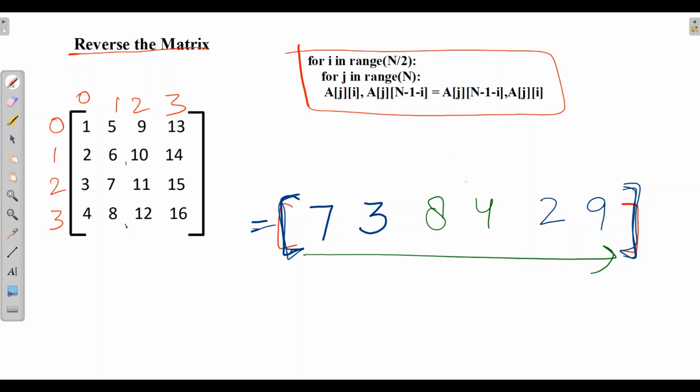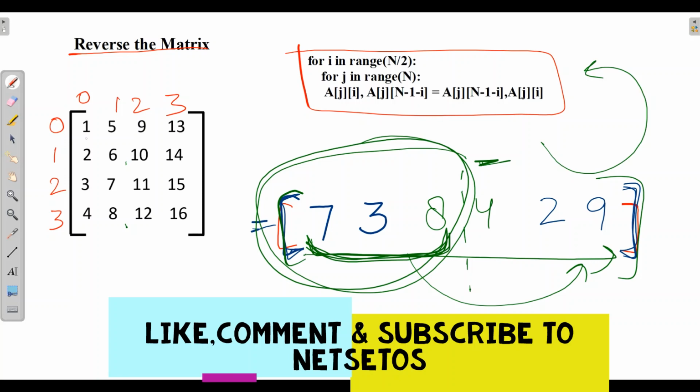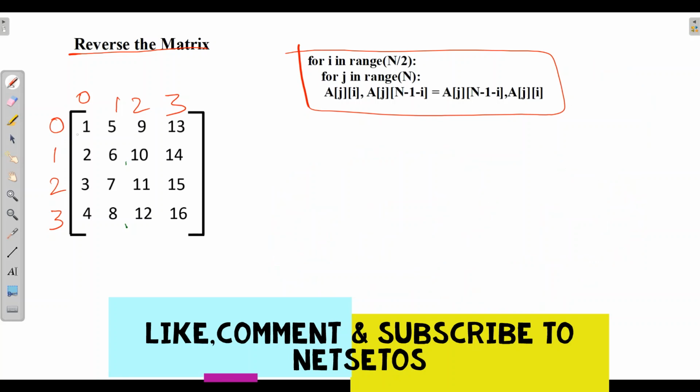And if you have seen this closely, we have run only over half of the complete array. We have just worked on the first 3 elements so as to swap them with the last 3 elements. Simply this idea we will apply to reversing the rows. Here we will be working on rows, with i's and j's. We will work just on half of the length of the elements.